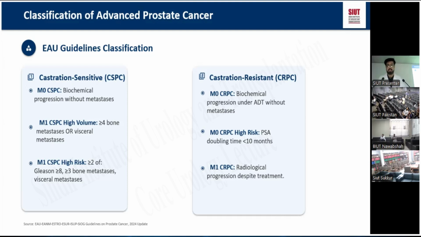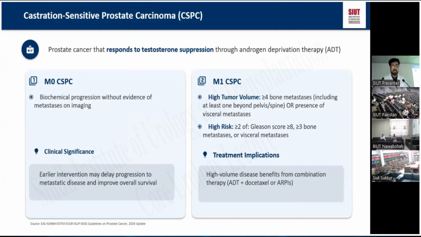And hormone resistant prostate cancer, there may be biochemical progression under ADT without metastasis. And high risk disease is PSA doubling time less than 10 months, and M1 is radiological progression despite treatment. Earlier intervention may delay progression to metastatic disease and improve overall status in hormone sensitive prostate cancer. And with metastasis in hormone sensitive prostate cancer, high volume disease benefits from combination of ADT and docetaxel or